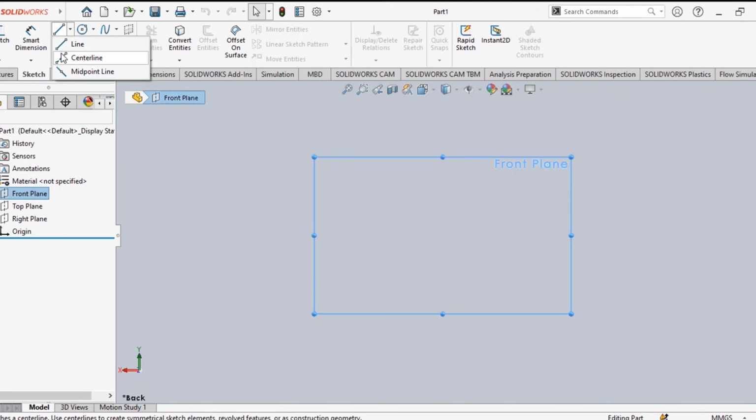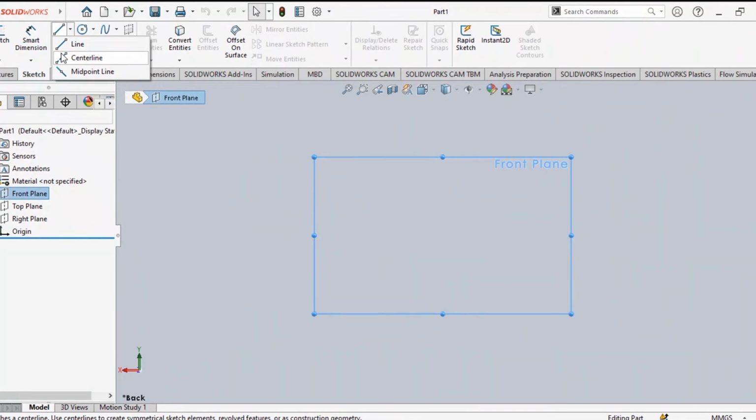Now, if you have any symmetric object, symmetric means maybe the left hand side and right hand side are equal. Sometimes the top and bottom are also equal. Sometimes top, bottom, right, and left are all equal. In that case, you have to start drawing with a symmetric line or center line. Then after making one half of the object, you can use the mirroring option. That means the same thing can be copied to the left hand side or right hand side or top or bottom side.